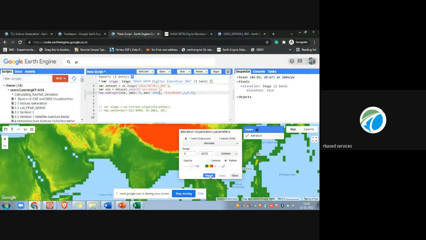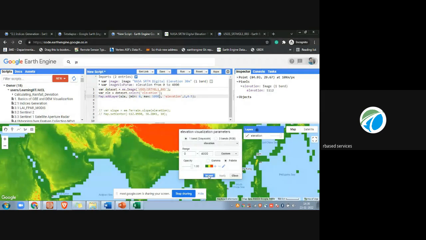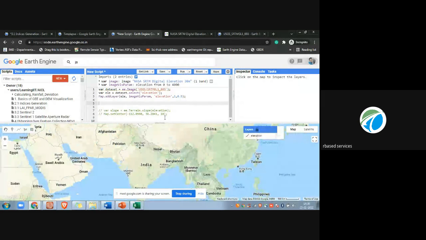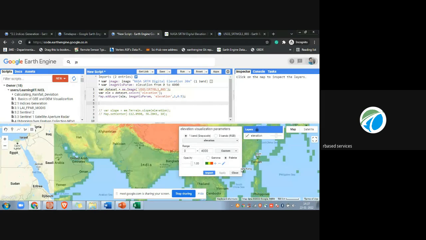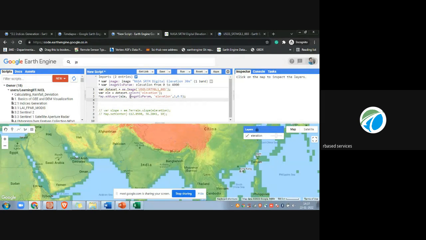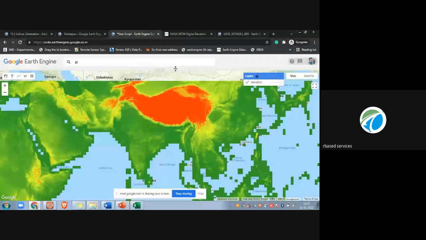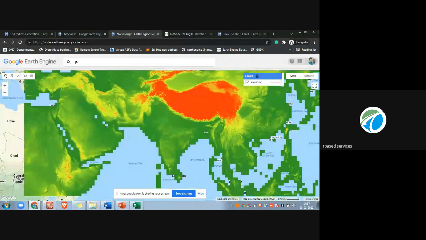We can even import this visualization parameter by clicking on this import button. Just by clicking, you can see a variable is created. The name is image param, and we can just copy this variable name, and in this visualization part we can just paste it here. And just by doing this, we now don't have to use this setting button. Instead, we have directly called that image visualization parameter here, and this whole image is being displayed in these three colors. See,